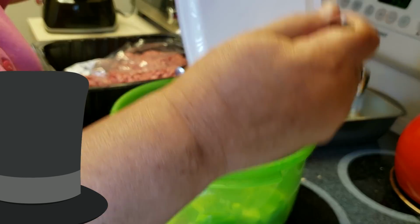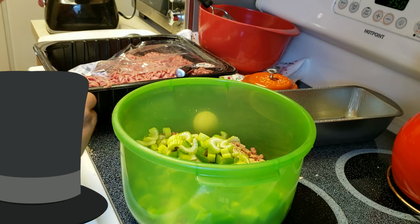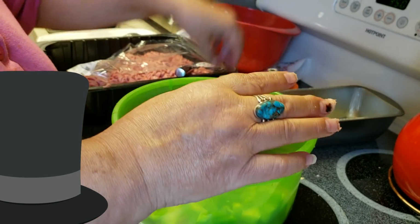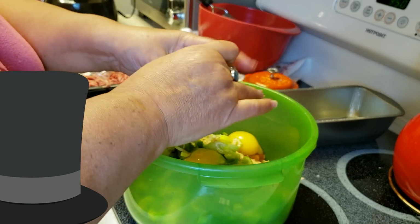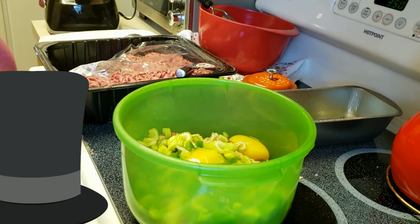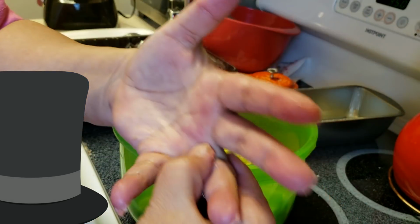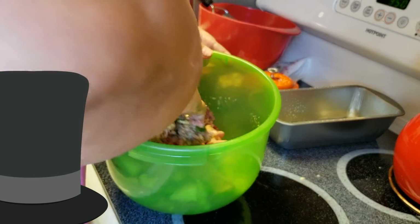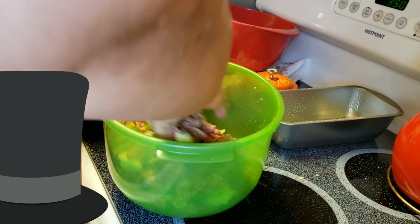I find that if I don't put some kind of breading in there, the meatloaf ends up becoming absolutely too dense. The best utensils are your hands, y'all. I hope it doesn't gross anybody out that I'm using my hands. As I'm mixing, I realize that